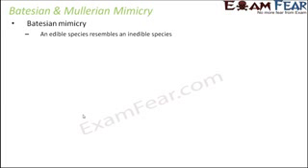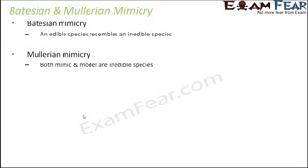Before we talk about the next type of mimicry, let us quickly talk about Batesian and Mullerian mimicry. Both of these also fall under the category of protective mimicry. In Batesian mimicry, an edible species resembles an inedible species. Like just now we took the example of the butterflies. The viceroy butterfly was edible, but the monarch butterfly was not edible. So that was an example where an edible species resembles an inedible species. Now this is called Batesian mimicry